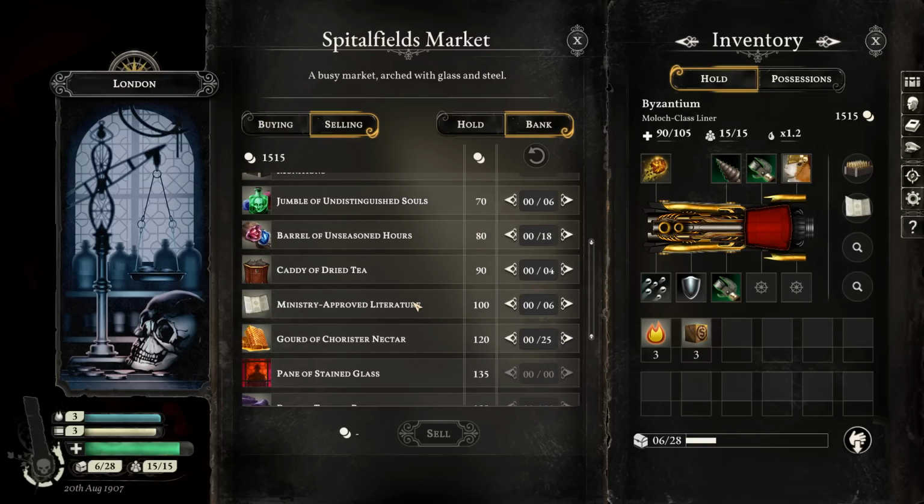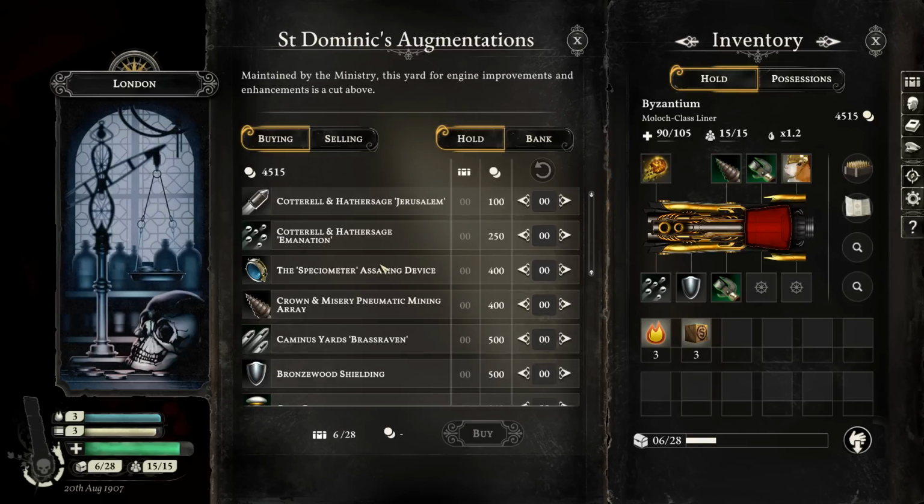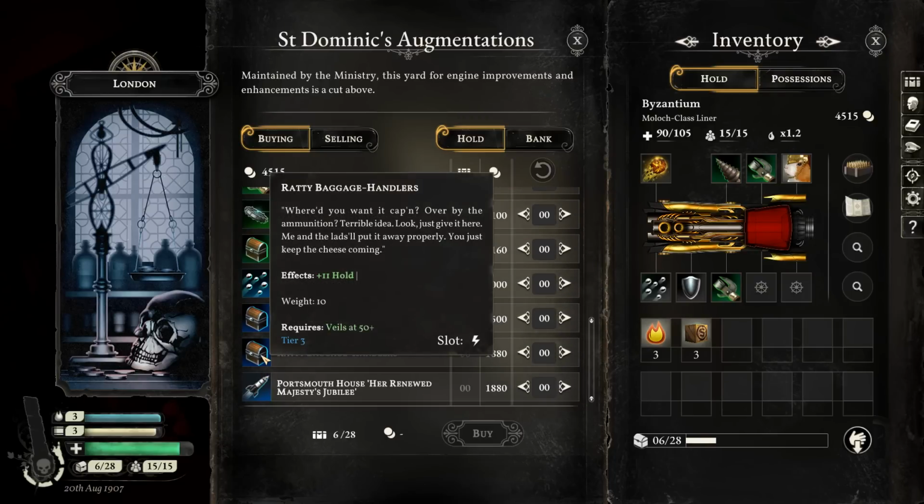Bank. Well, we don't need 25 gourds of Chorister Nectar, and if we get a prospect requiring Chorister Nectar in the Reach, we certainly know how to get a whole bunch. That sort of solves our problems right there. It's good to be good at fighting bees, right? So let's go for...